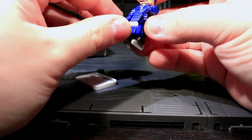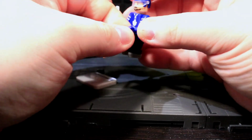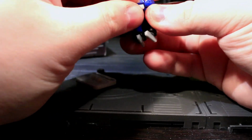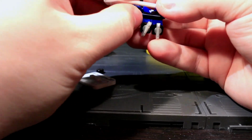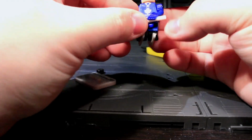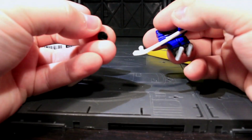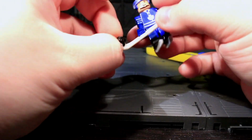How all does this swivel? Oh, wait, this is supposed to swivel like this. Wrist swivels, okay, well, now I know this is a proper piece of action figure. His wrists can swivel. So for the hockey action, I was like, what's this thing on the edge of the hockey stick over here? There's like a little nubbin, and it seems like, yeah, there's a divot in the puck. So the puck can actually attach to the hockey stick, and that's